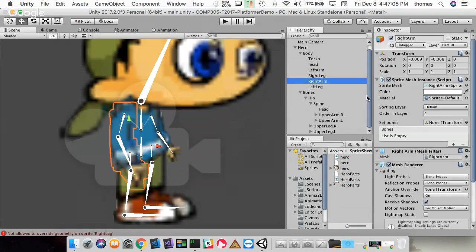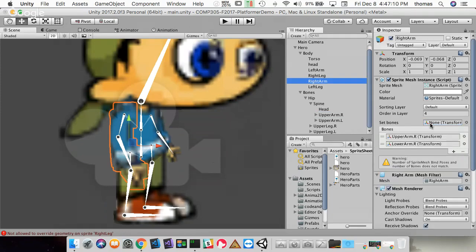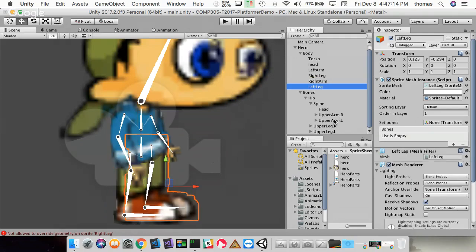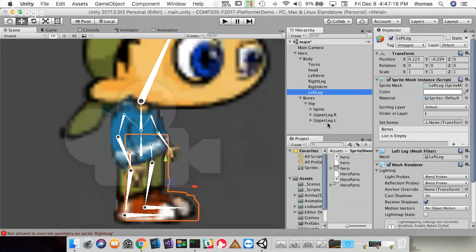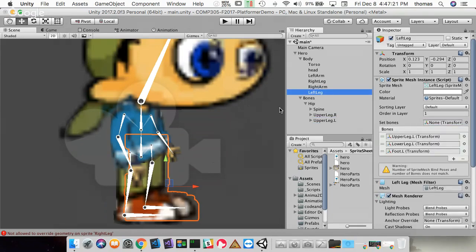That's the right leg. And the right arm, I can kind of do the same trick because there's only these two bones. So I'm going to go to the right arm, and I'm going to take the upper right arm and just drag and drop that in there. Those are good. We're pretty good there. And the left leg, I'm going to do the same thing that I did with my right leg. Just take this whole thing here and just drag it in. All right, so we've got our left leg, we've got our right leg, we've got all the bones set, right,